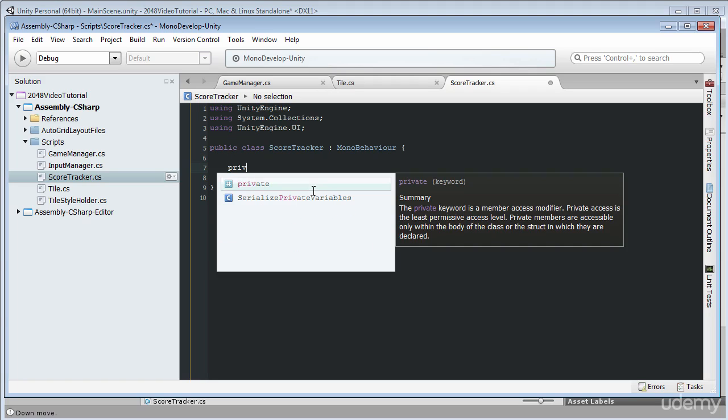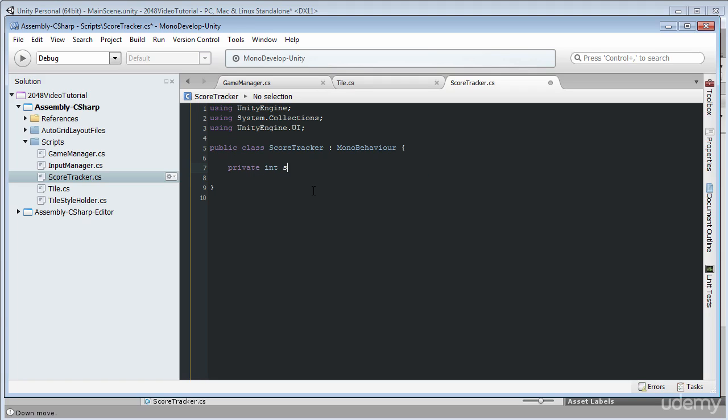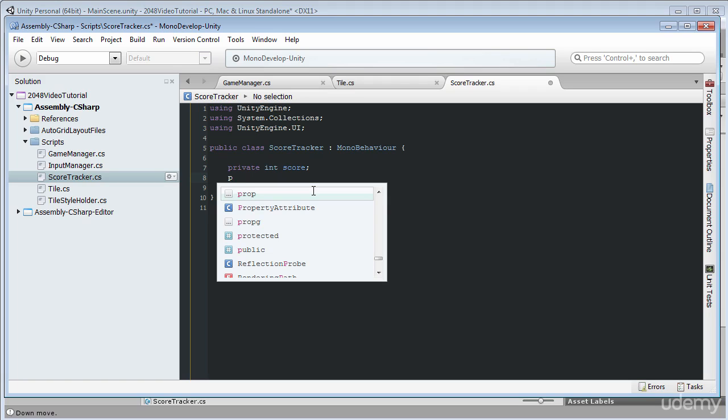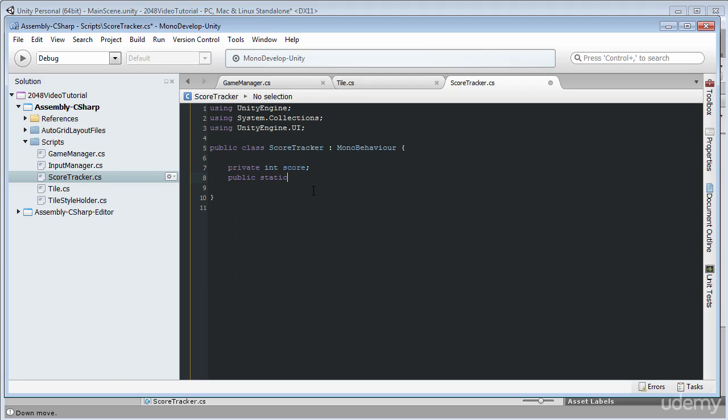and this script will have a private integer field called score, and later we will write a property to access it just like we made with our tile. And also I would like to make this script a singleton, so I will write public static ScoreTracker instance, so that we can use it as a singleton and easily establish connections with other classes. So I will write void Awake, and here in our Awake function I will write instance equals this,